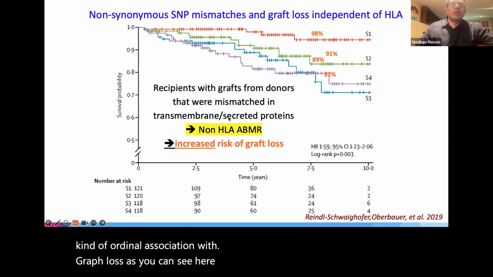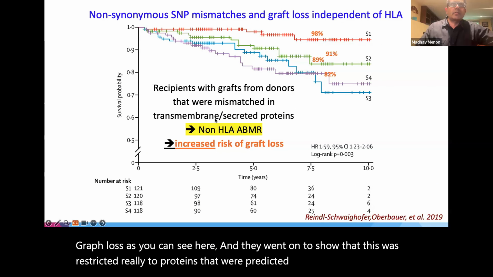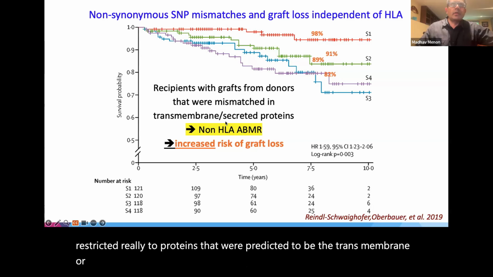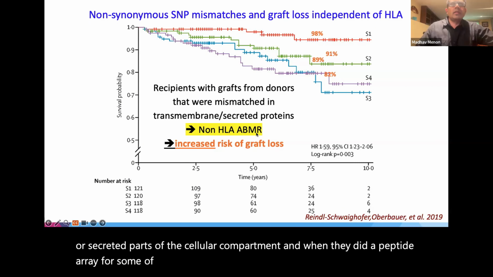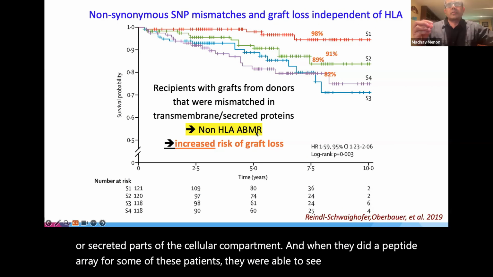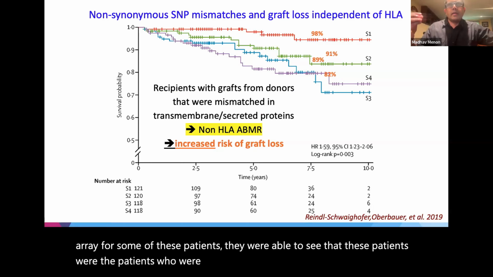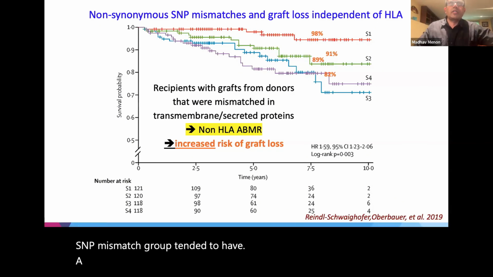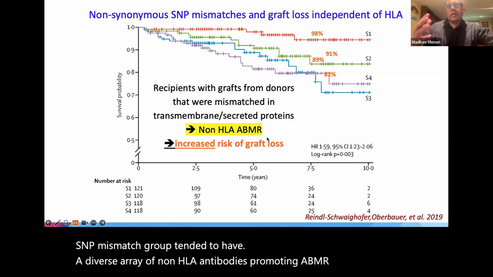And they went on to show that this was restricted really to proteins that were predicted to be transmembrane or secreted, parts of the cellular compartment. And when they did a peptide array for some of these patients, they were able to see that the patients in the high non-synonymous SNP mismatch group tended to have a diverse array of non-HLA antibodies promoting ABMR. So they were concluding that